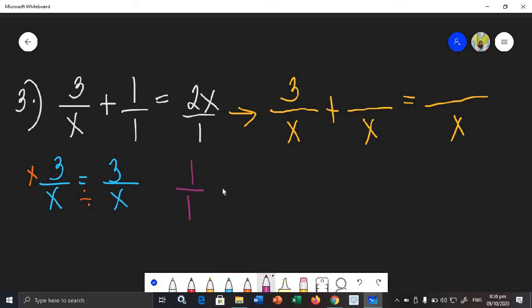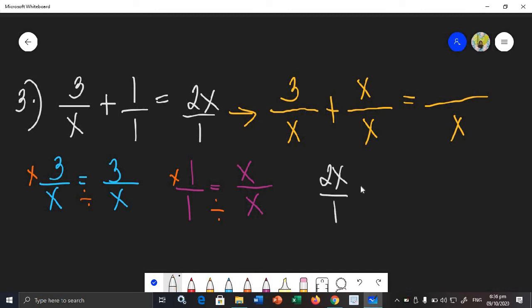1 over 1, gagawin natin siyang bagong fraction na may denominator na x. So, divide natin. X divided by 1, that is x. Okay? Times 1. X times 1, that is x. So, imbis na 1 over 1 yung gagamitin natin is x over x. Okay? And then, the last one is